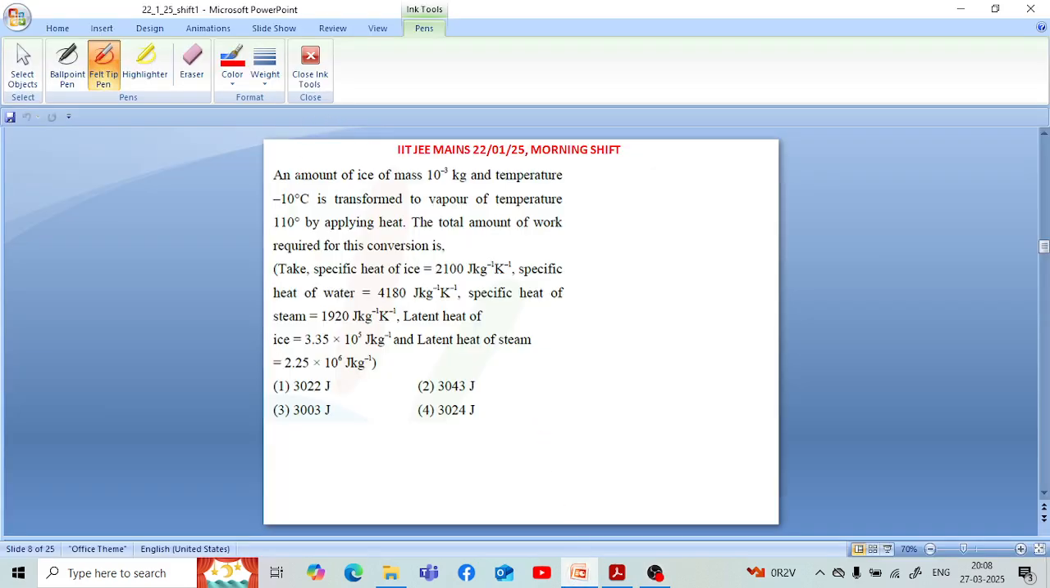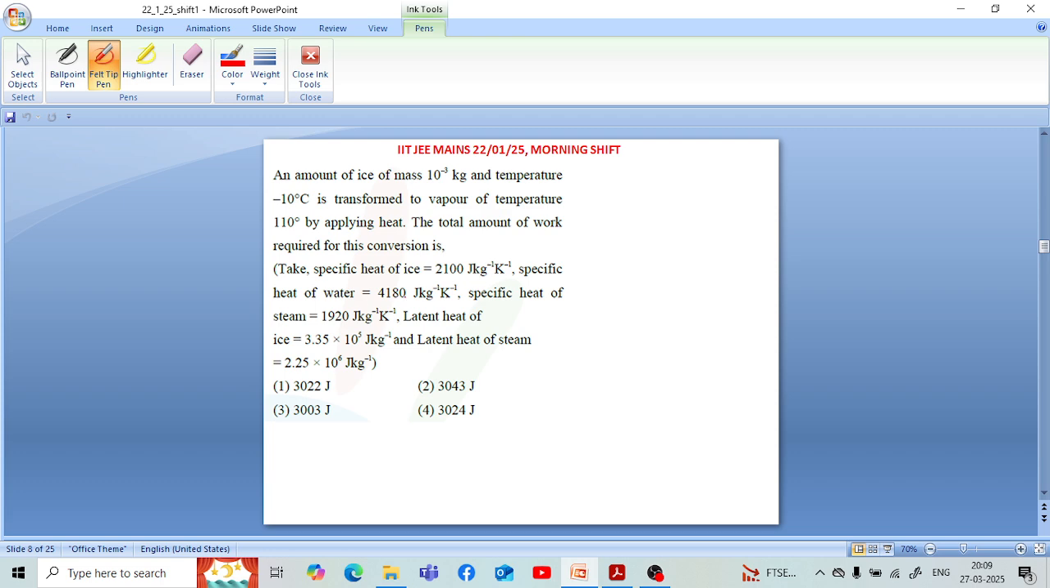Hello students, the question is: an amount of ice of mass 10 raised to the power minus 3 kg and temperature minus 10 degrees Celsius is transformed to vapor of temperature 110 degrees Celsius by applying heat. The total amount of work required for this conversion is, now take specific heat of ice equal to 2100 joule